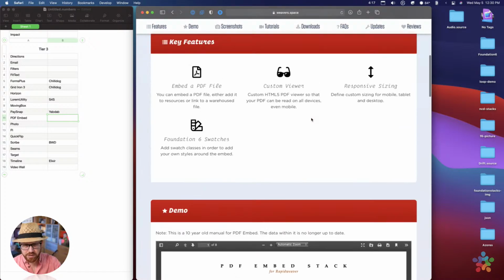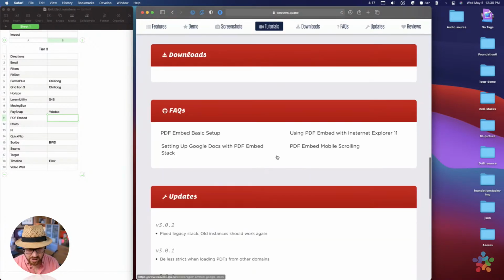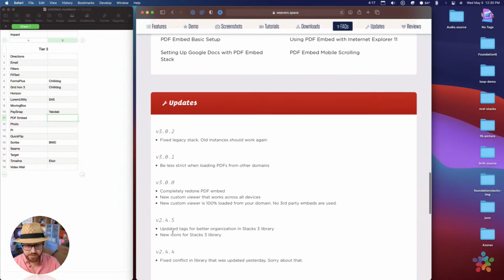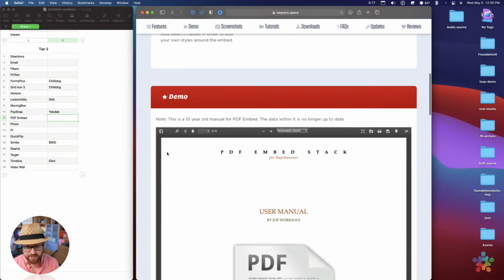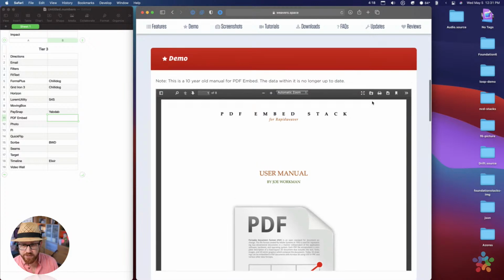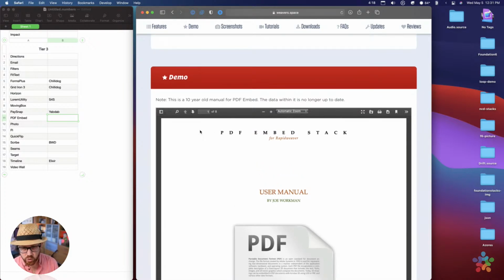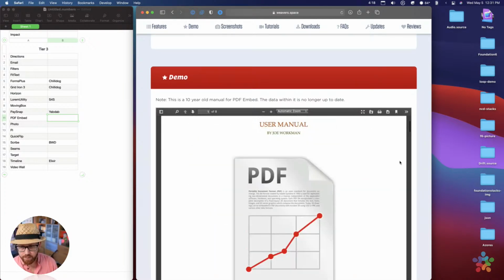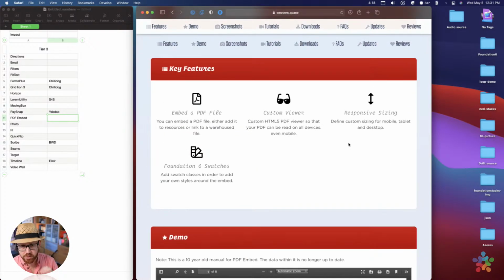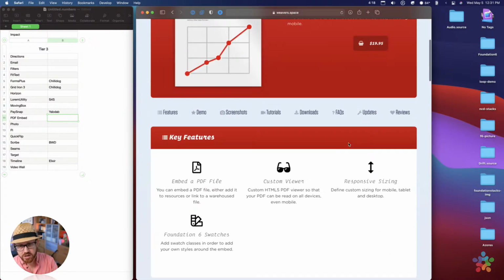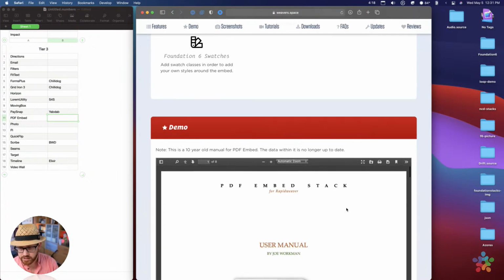I think I completely redid this stack last year, and I did version 3, shipped it as a free update to everybody, and it finally works on mobile. Embedded PDFs on your web page on mobile. Has a nice little toolbar here that lets you print or save or download the PDF and stuff like that. Maybe eventually I'll do a pro version that lets you customize this toolbar, but as of right now, it's just a straight simple upload the PDF to your server, give it the embed, and voila,